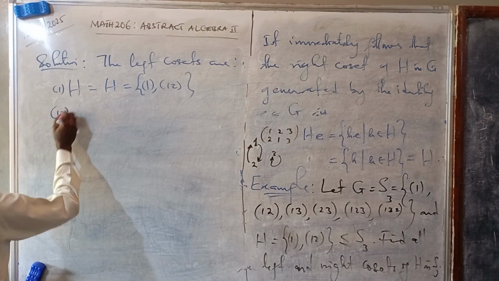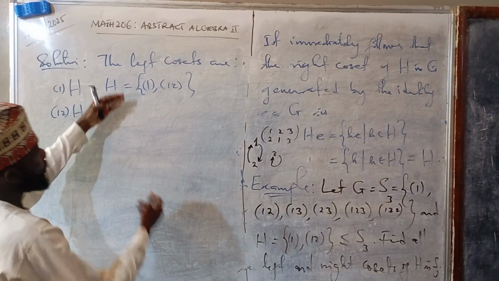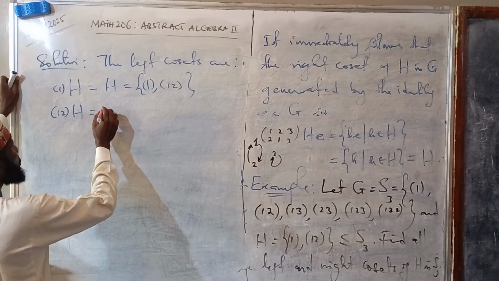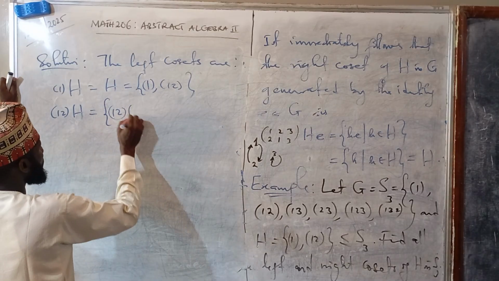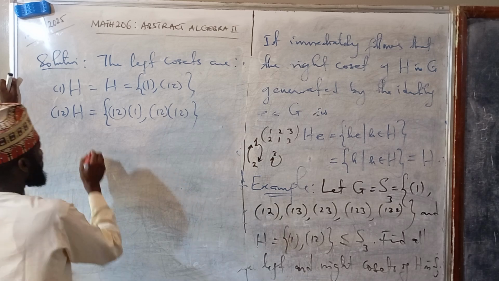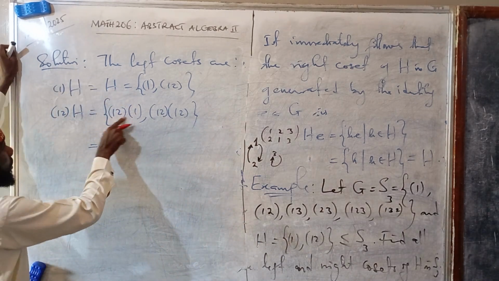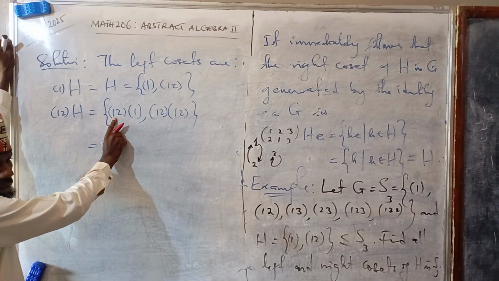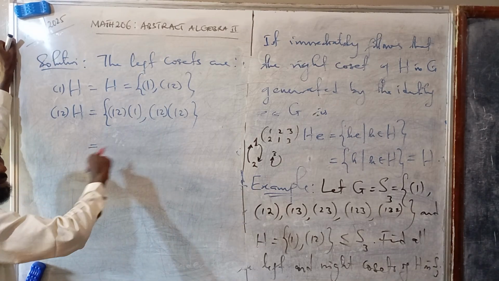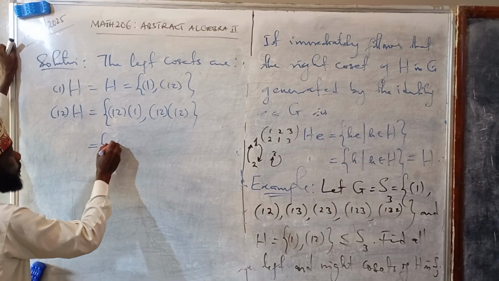But how about if I generate a coset with (1 2)? That means I should multiply all the elements of H by (1 2) from the left. So this will be (1 2)·1 and (1 2)·(1 2). But you may not remember how to do this multiplication. These are mappings, so we are doing composition. So if you are to look for the image of 1,